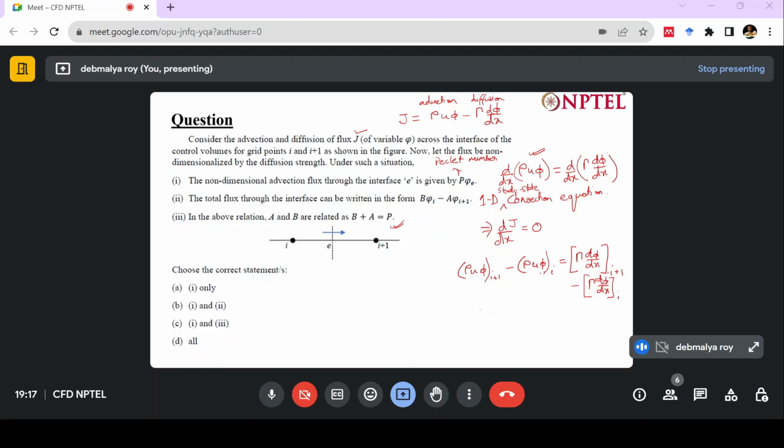Basically the idea is, if I divide this whole equation by gamma and then integrate, then the idea becomes much clearer. So this will be rho gamma phi I. This is equal to